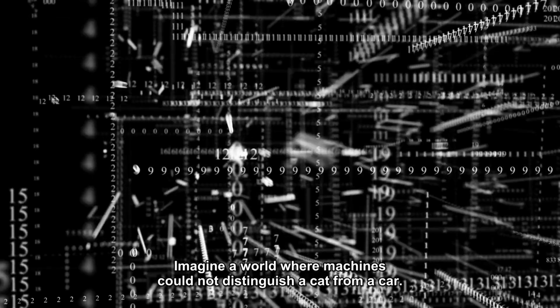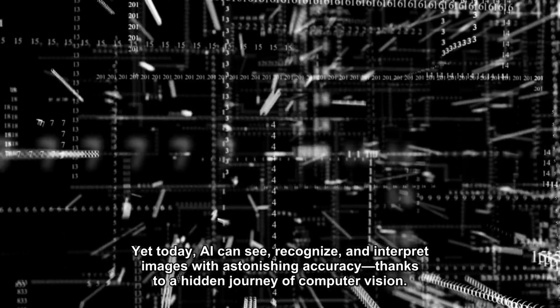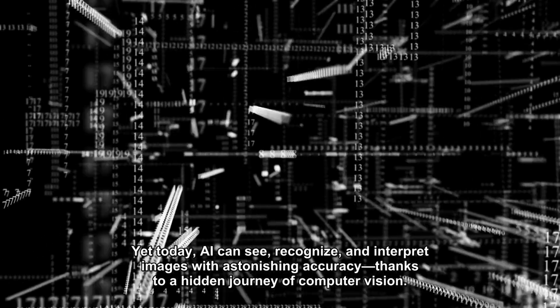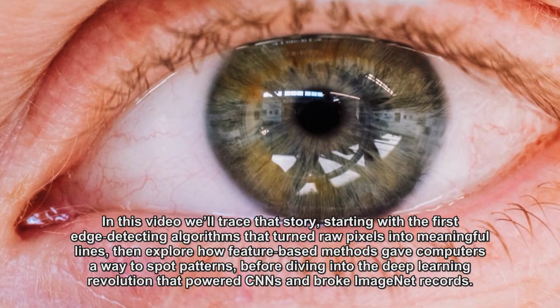Imagine a world where machines could not distinguish a cat from a car. Yet today, AI can see, recognize, and interpret images with astonishing accuracy thanks to a hidden journey of computer vision. In this video we'll trace that story, starting with the first edge-detecting algorithms that turned raw pixels into meaningful lines,